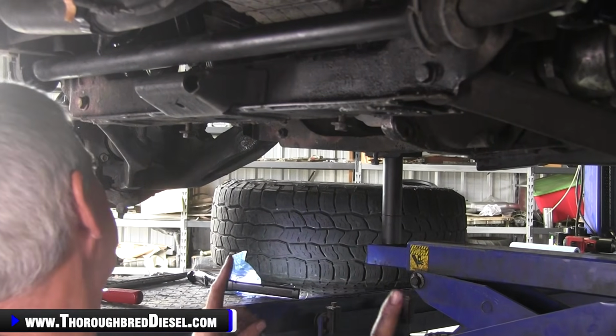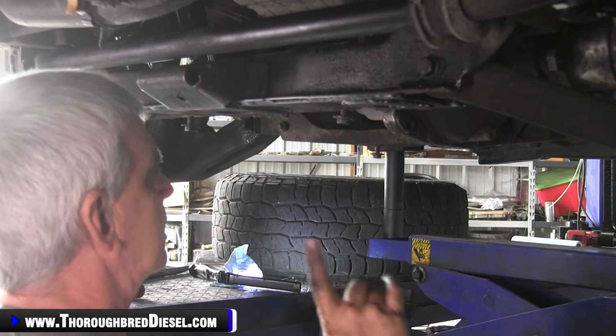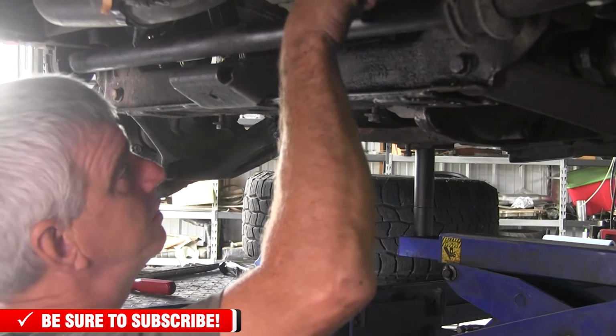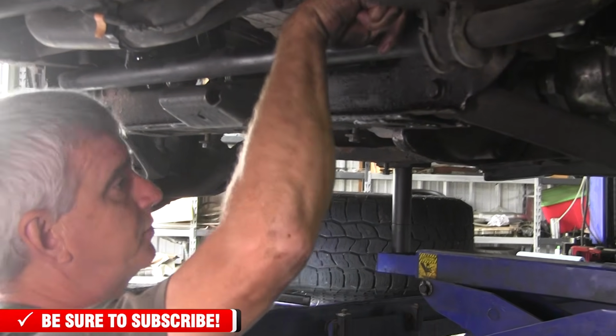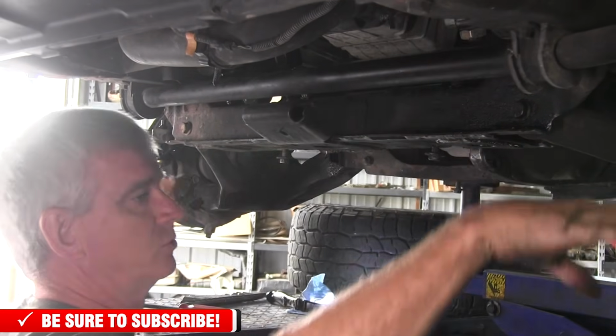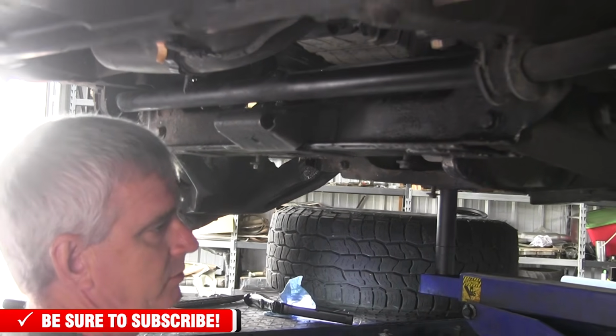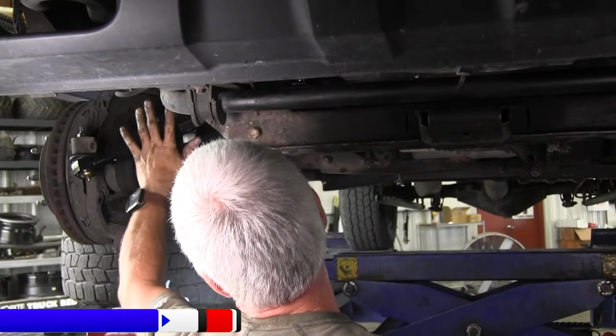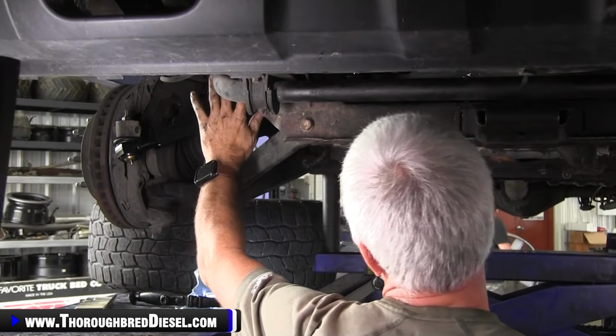At this point, what we do is we'll get in the truck and we will turn it lock to lock in the steering wheel. We will make sure that we have no contact anywhere. You want to make sure that your pitman arm does not make contact with this cross brace. You want to make sure that at full drop, so this is at full drop right now, no tires on this, we want to make sure that there is no contact with the death grip tie rod on